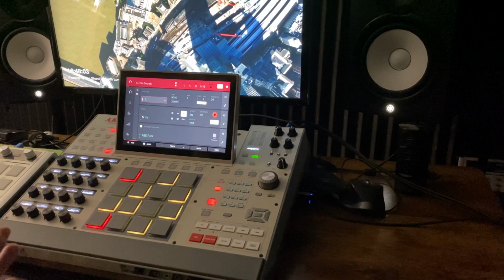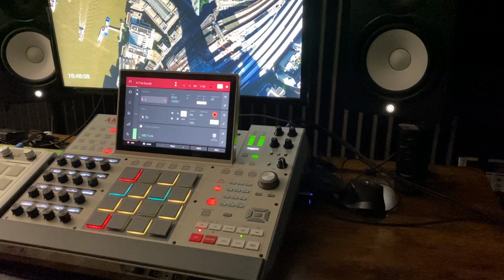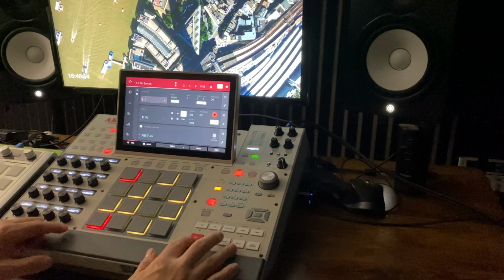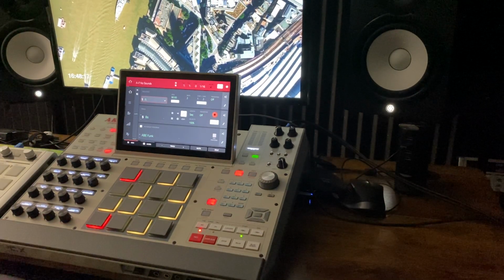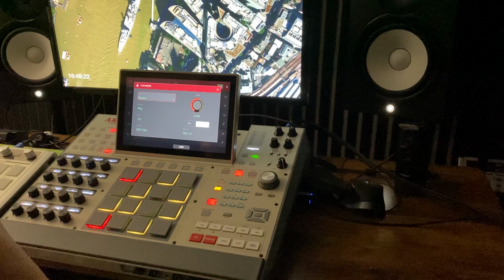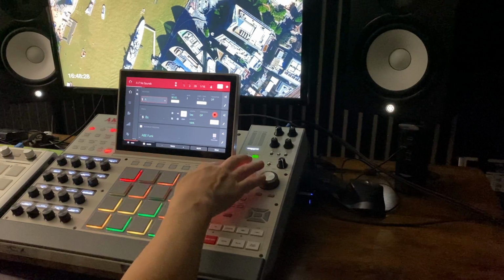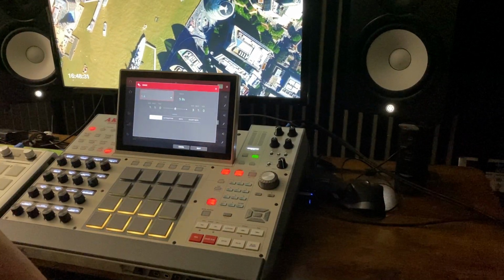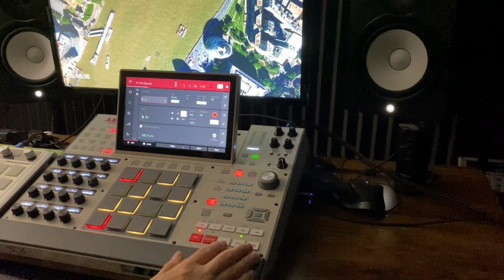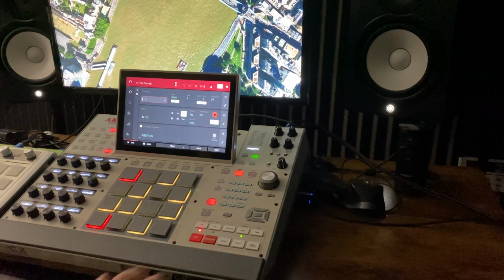I don't know what I want to start out with, but that's okay. So I'm on track 1. So let's just go in here and turn the metronome on. Let me just erase automation. Did I turn the click off? I don't know why I would have done that, but